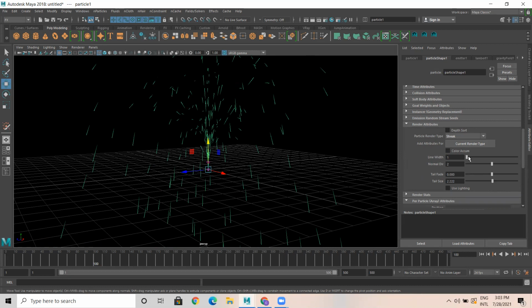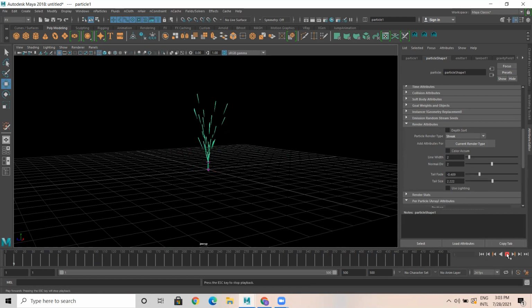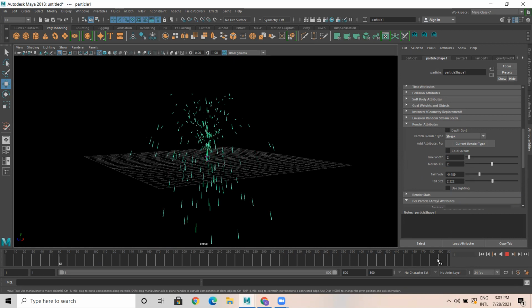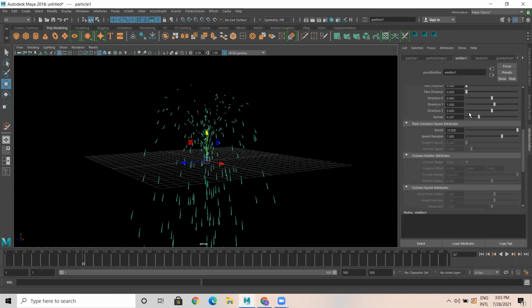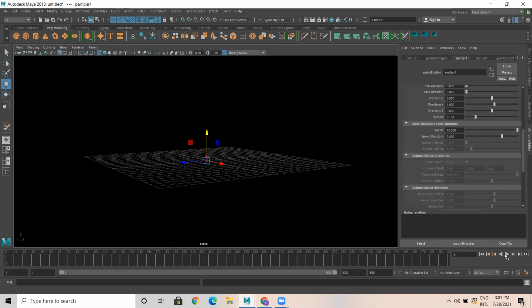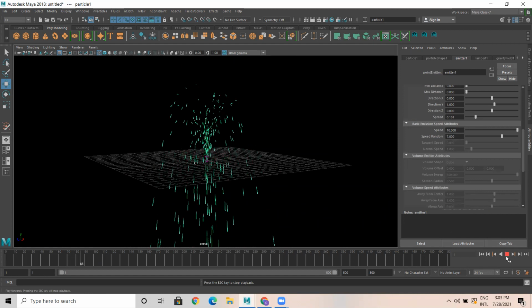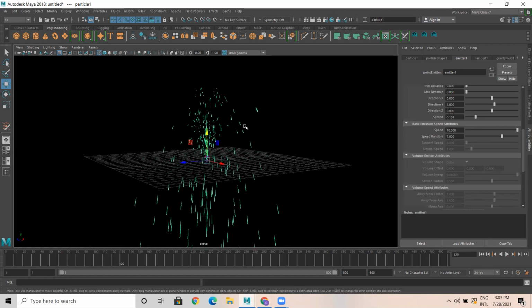I'm gonna increase the line width to 2. Tail fade, I'm gonna give it like this. In the emitter, I would like to reduce the spread somewhat. Okay. We have an output like this.